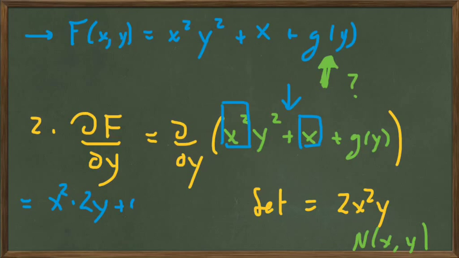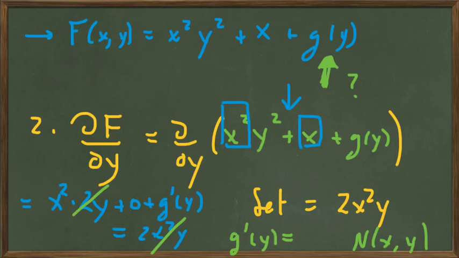The partial of the x squared is 0, and the partial of the g of y with respect to y is g prime of y, and we're setting that equal to 2x squared y. Well, we see that we get a cancellation of 2x squared y on both sides, and so we just get that g prime of y equals 0,